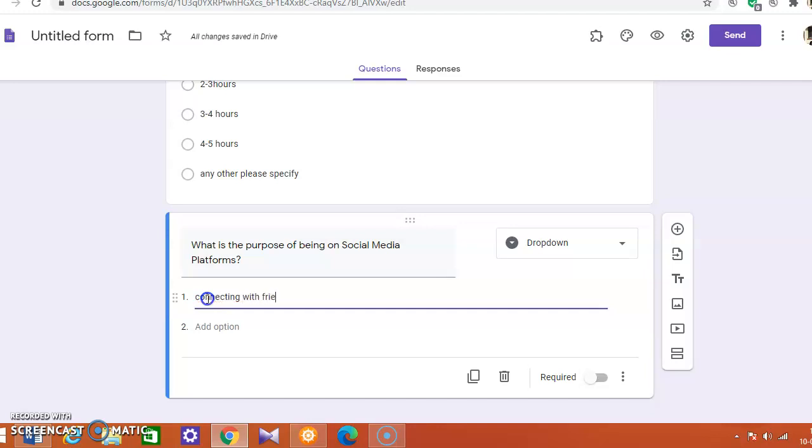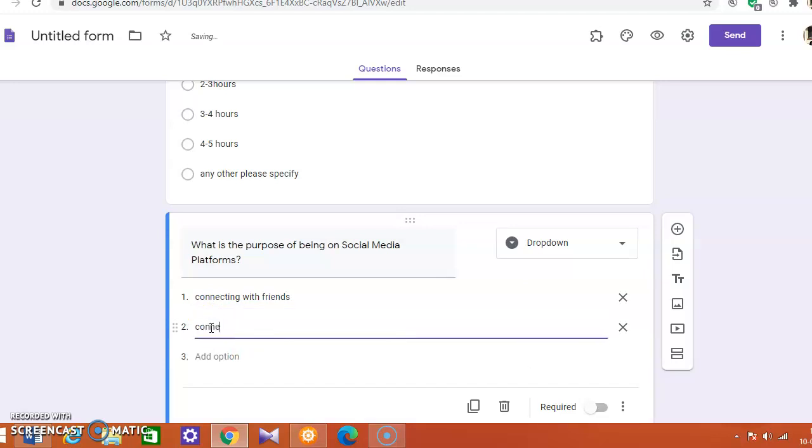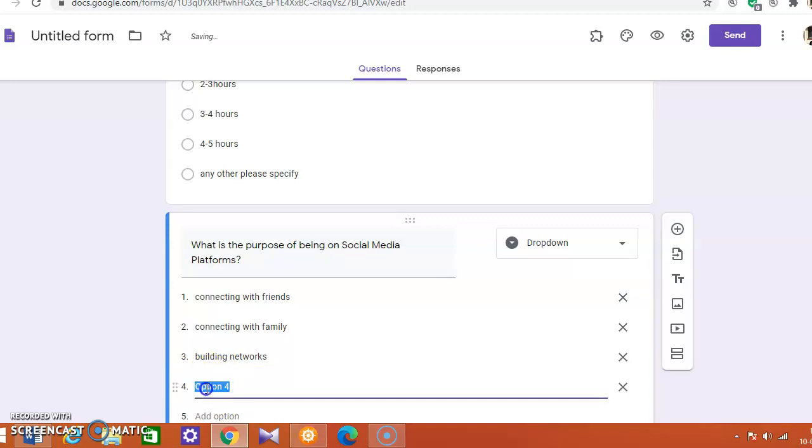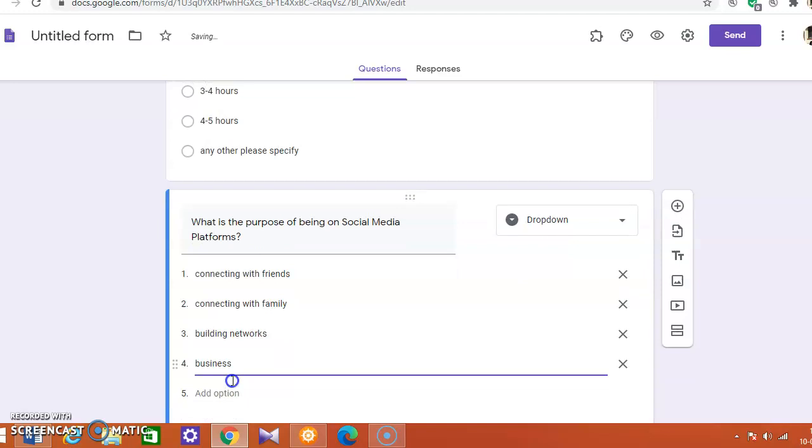with friends, or connecting with family, building networks. So people might be there for building networks, business.